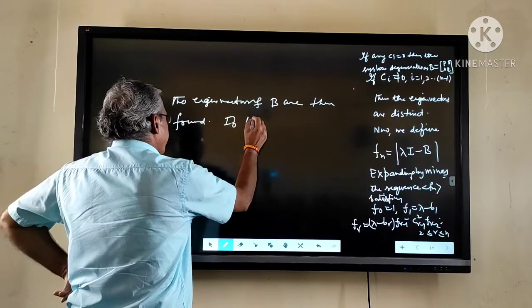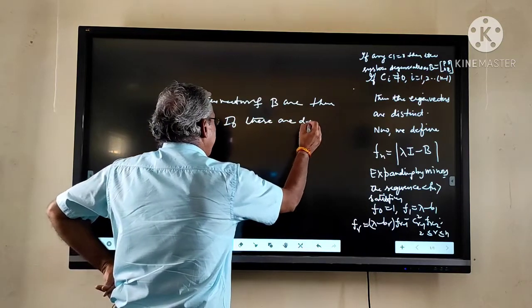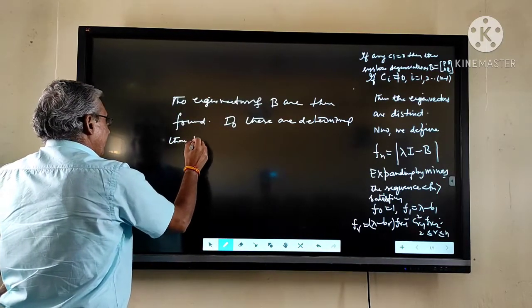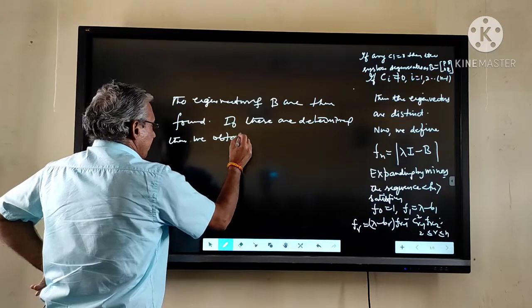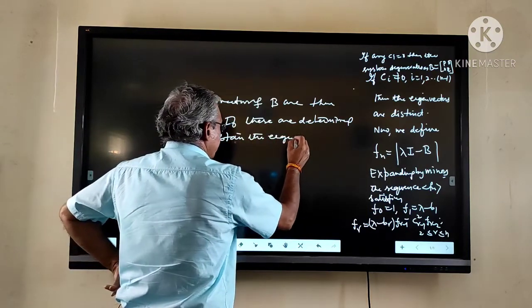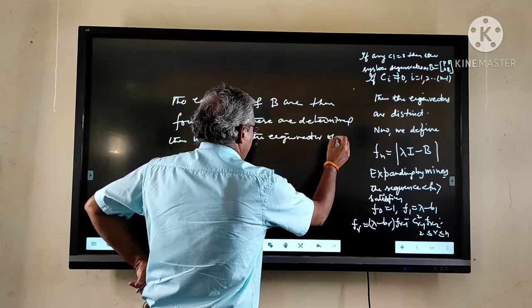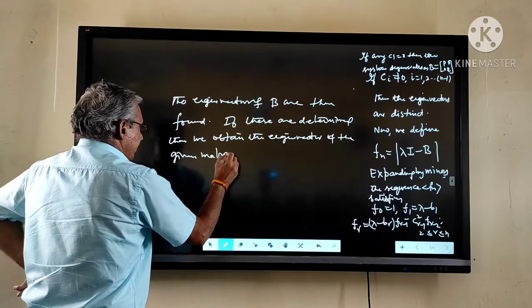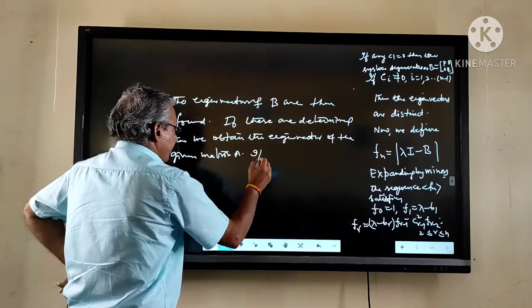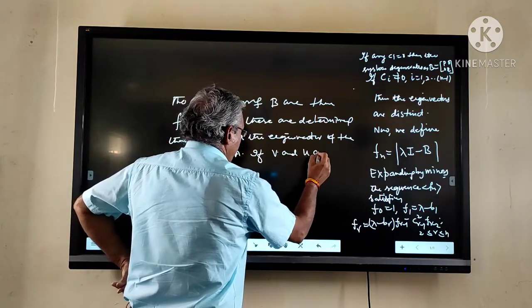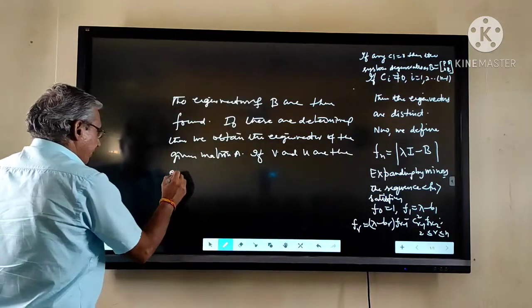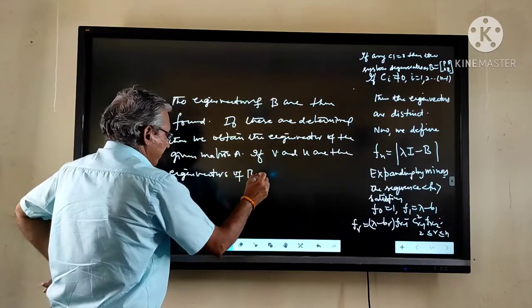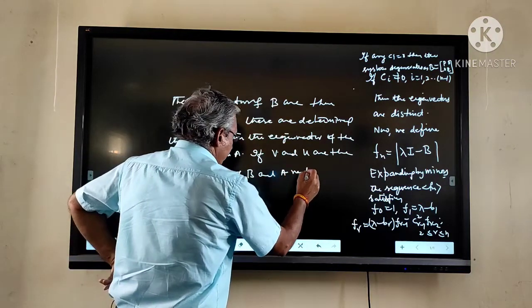If these are determined, then we obtain the eigenvectors of the given matrix A. If V and U are the eigenvectors of B and A respectively,